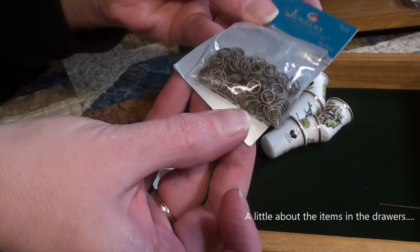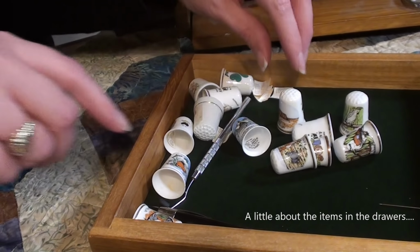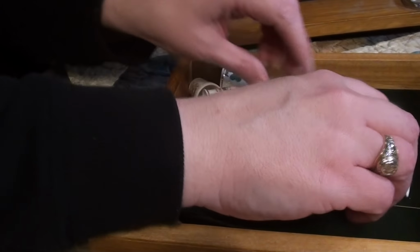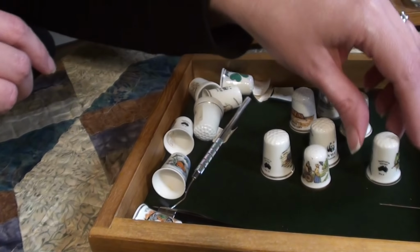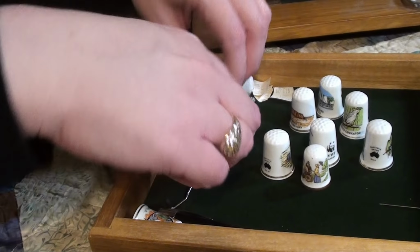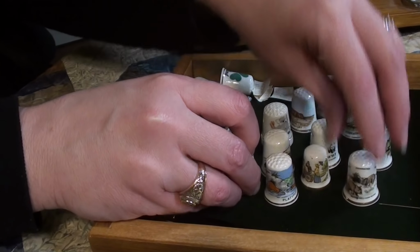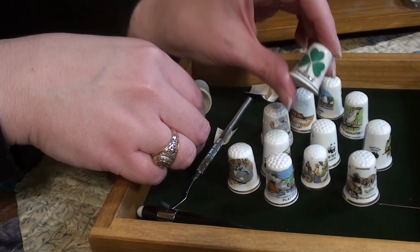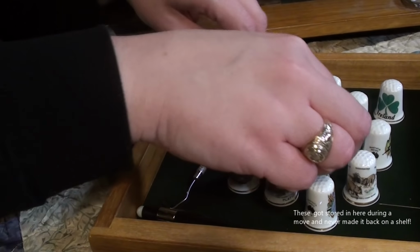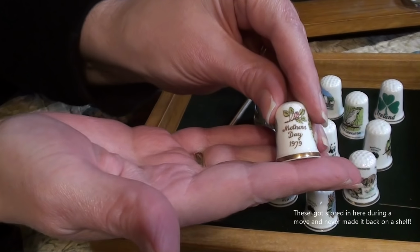These would have been helpful recently, but they were in here, not organized. These are all the thimbles that my grandfather got for my great-grandmother from Australia. And I have her collection, which actually really need to be displayed. So I need to get these out of here. Oh, this one's from Ireland. I need to get these up on my mini shelf. What's this one? Oh, Happy Mother's Day,